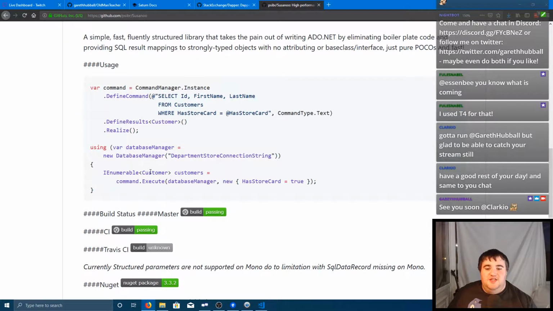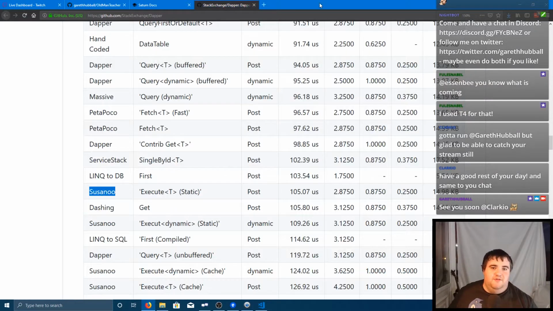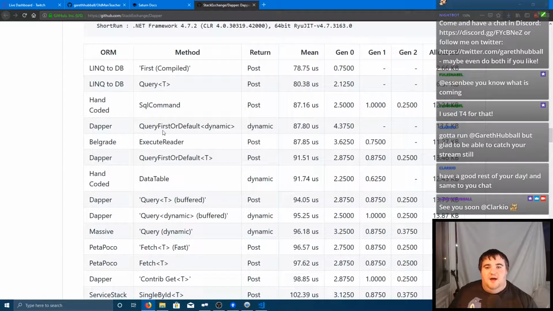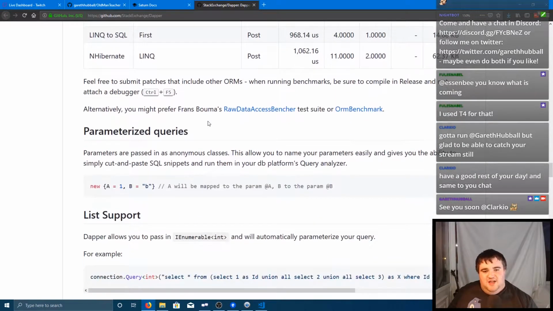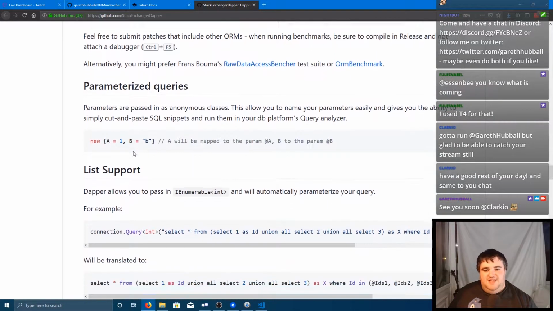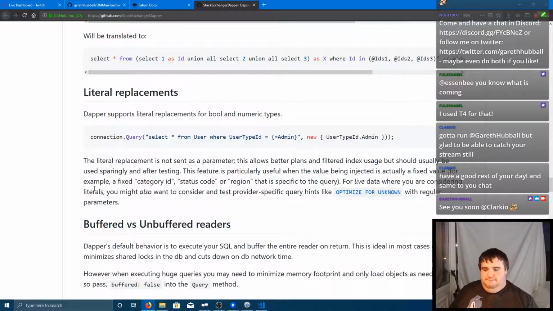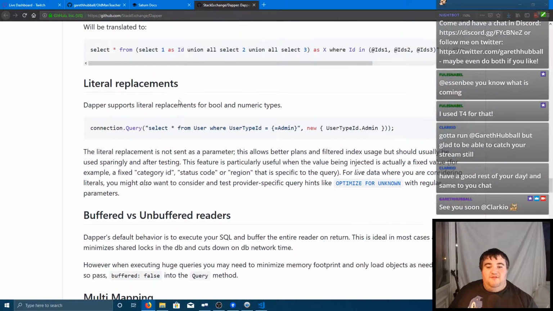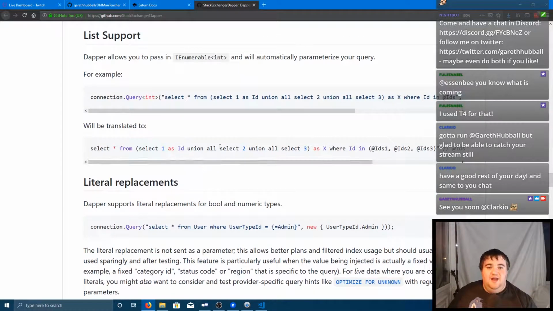Okay, so this looks reasonably similar to Dapper, but is out of commission these days. Either way, LINQ to DB can be ridiculously fast. I think the point stands that Dapper is fast and reasonably simple to use. And one of my favourite features, actually, that a lot of people aren't fans of, but I really, really, really am,